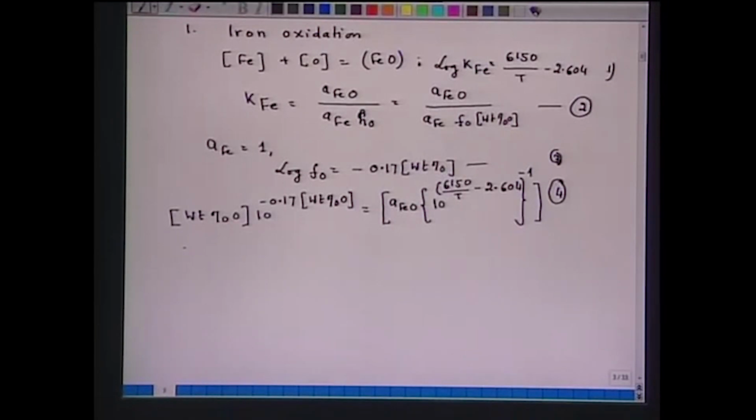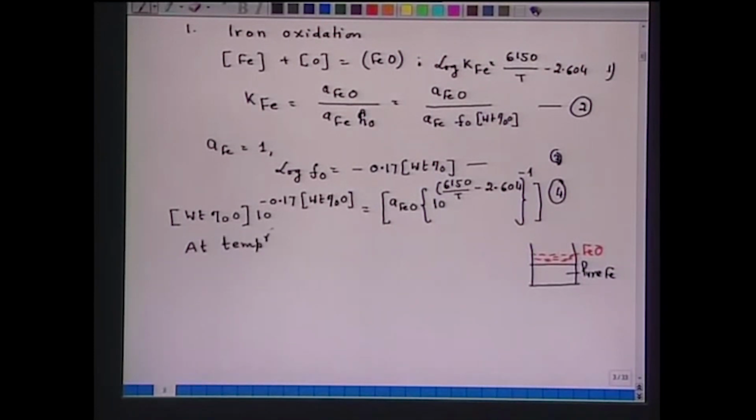So, for example, if we consider a situation, say this is the pure iron. Mind you, we are considering iron-oxygen equilibrium, no other element is present. So, pure iron, if it is in contact with pure FeO, then the activity of FeO will be equal to 1. So, in that case, if we take for example